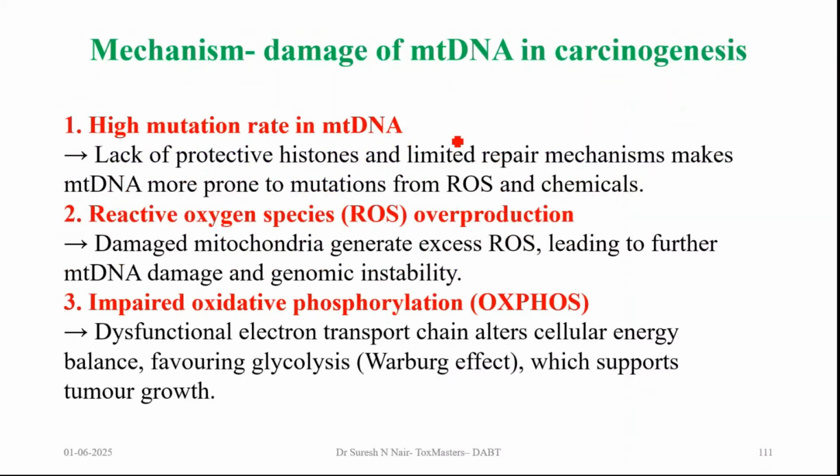Okay, so there is a high mutation rate in DNA. The reactive oxygen species overproduction will be there. Then impaired oxidative phosphorylation. Okay, so this impaired oxidative phosphorylation, especially the agents which,